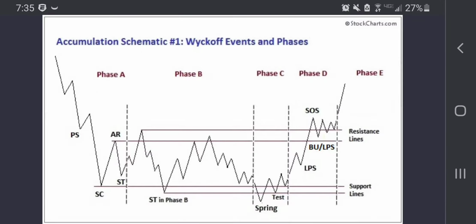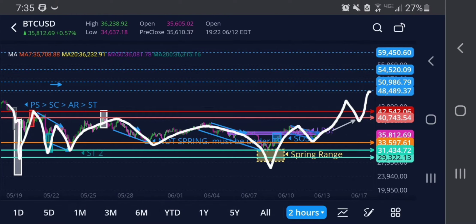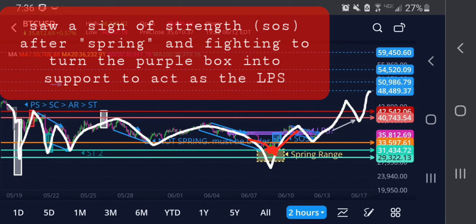We've kind of already had a spring. It could have been lower. Technically, it's within the support lines. It didn't quite break it, so it wasn't the most powerful one. If we look at it, it didn't quite come down this far. It really only came down to this, right below the line, and then it went up. But regardless,